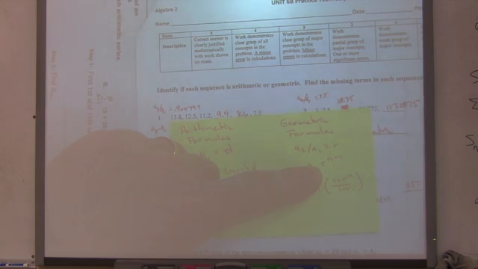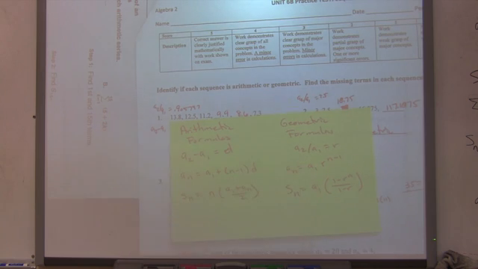So now we have to do 0.2 to the 4th power. And that gives me 20 equals 0.0016 a1. And divide 20 by that, and we get that a1 is